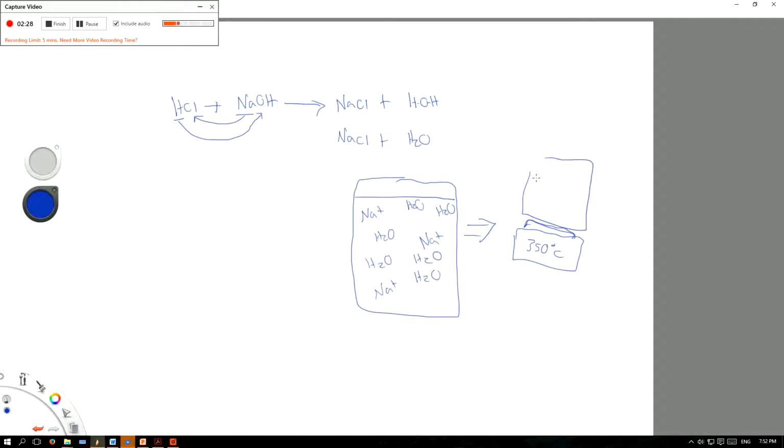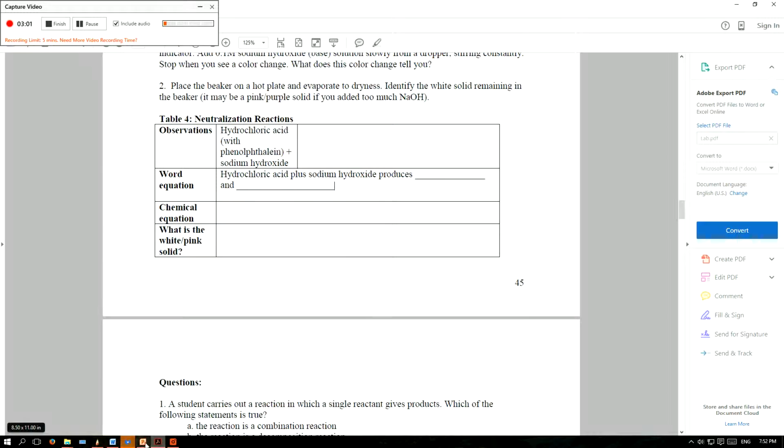We put that there. We're going to evaporate the H2O, right? So the volume is going to decrease. So once this H2O is gone, Na is going to be left over. Na and Cl, actually, I forgot this part here, so Cl. So basically, the white substance is going to be